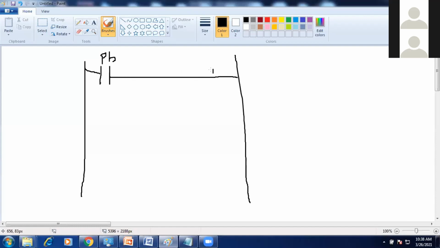Here I am connecting the memory. So memory will be latched here. From this memory connection, I am going to give the timer.